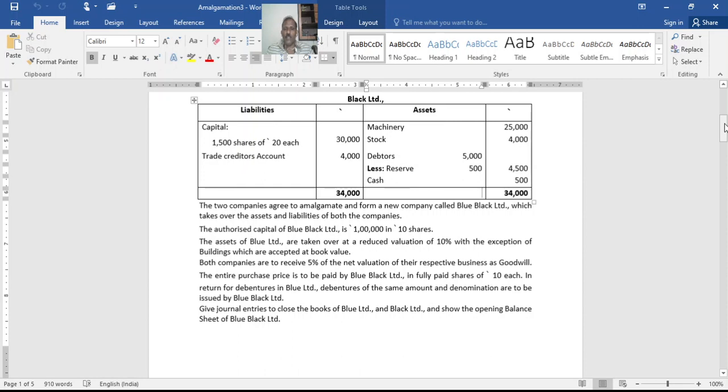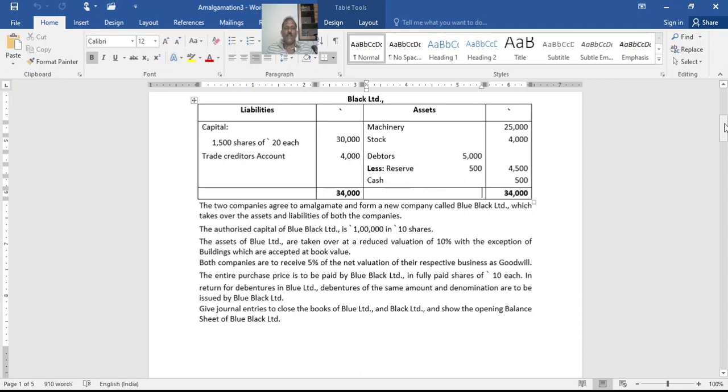called Blue Black Limited, which takes over the assets and liabilities of both the companies. You see here, the new company takes over the assets and liabilities of both companies. Blue Limited and Black Limited amalgamate and form a new company called Blue Black Limited. That means there are two transferor companies, Blue Limited and Black Limited, and one transferee company, Blue Black Limited. The names of both the transferor or selling companies are merged in the name of the new company. The capital of the new company is 1 lakh